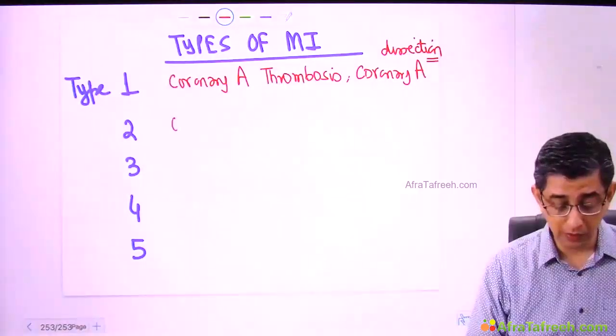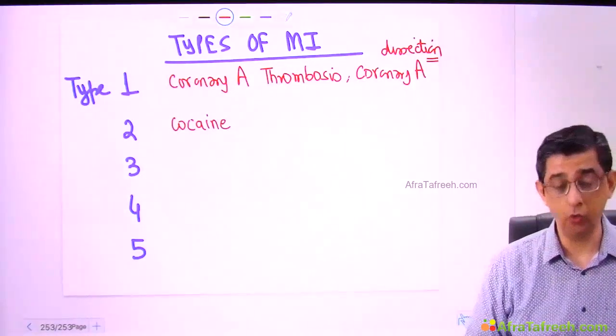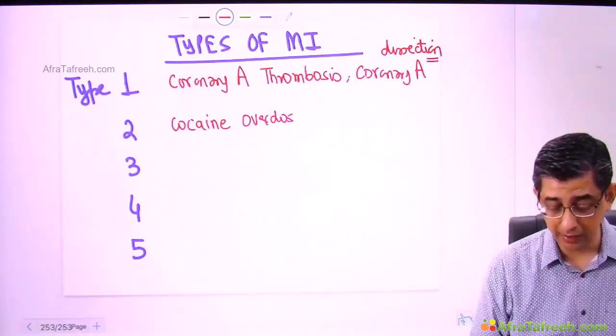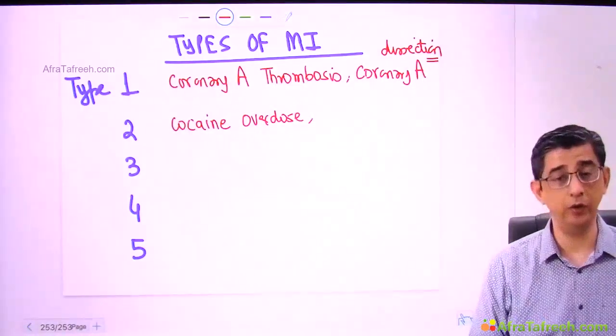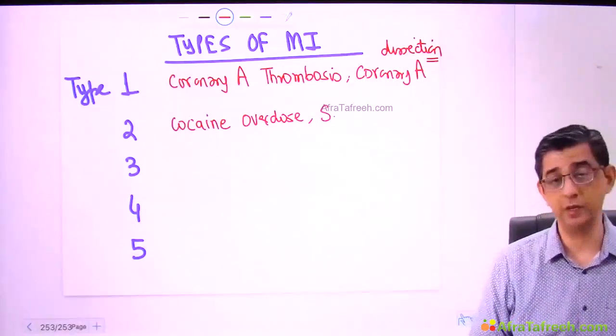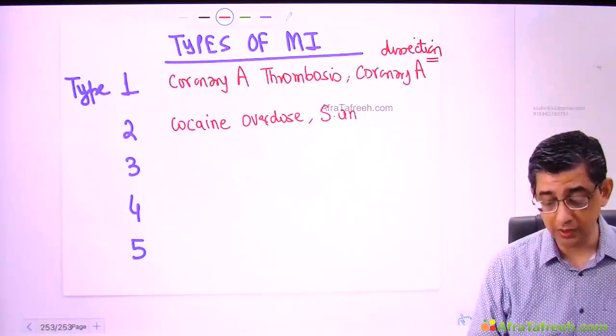Now, suppose he talks about a young guy going to a rave party and he did cocaine overdosage, so that will cause spasm of the coronary arteries so bad that the person will develop type 2 myocardial infarction. So if you read about non-atherosclerosis based reasons for MI, then it could be type 2 MI. Like suppose this lady, she's having